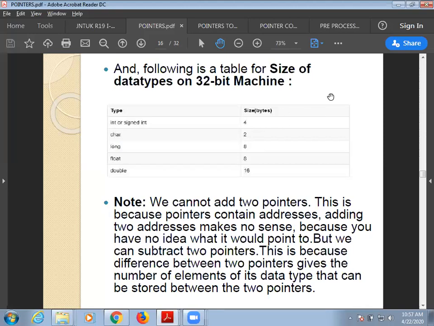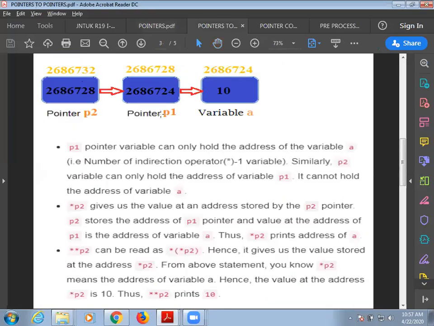Okay, next note, we cannot add 2 pointers. Why? Because pointers contain addresses, and adding 2 addresses makes no sense. Why? Because if you see, this is a pointer p1, p2 is another pointer. So p1 is having one address 2686728, p2 is having another address 2686732.